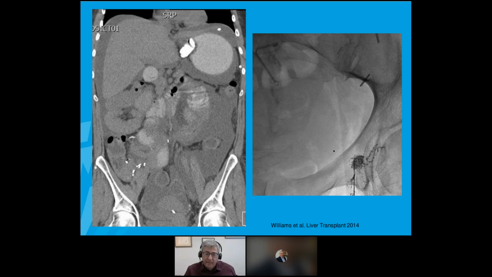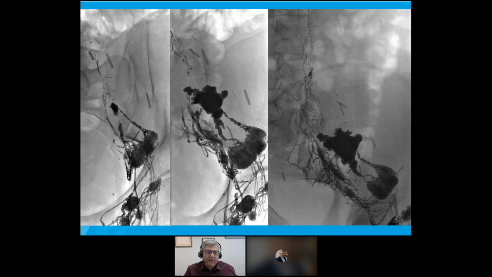How to treat, again, this has been published already by Williams and co-authors. We punctured a lymph node in the left groin. We injected the Lipiodol very slowly. And again, after injection of more than 10 cc of Lipiodol, you see this large amorphous area of Lipiodol. This is indeed the leak, the Lipiodol extravasation, which was indeed responsible for the initial lymphocele and secondarily also for the chylous